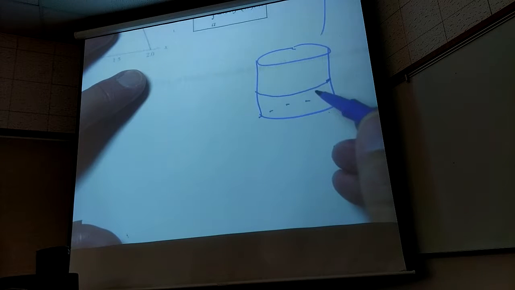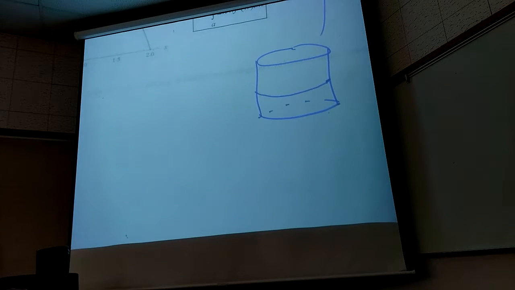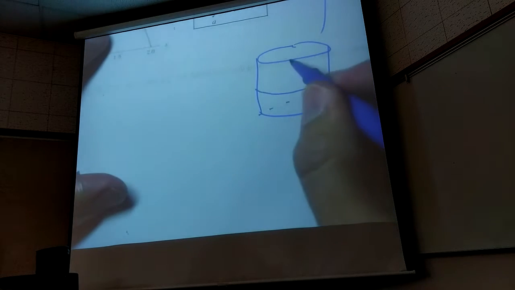If you do what? Have you guys ever taken a soup can label off a soup can? You slice that one side, you open it up, and it makes a rectangle, of course. If you take a rectangle and you fold it, you've made a cylindrical shell. You've all done this before, right? You fold a piece of paper up, and you just made a cylinder out of a rectangle, right? So if I chop this thing down the side,